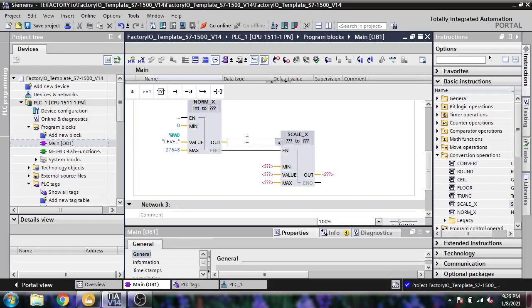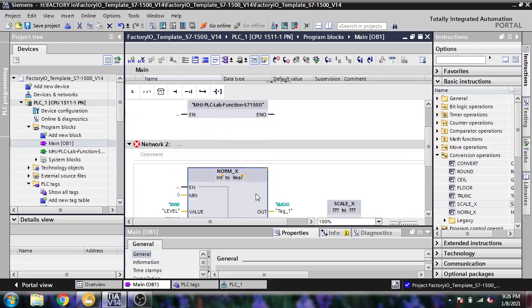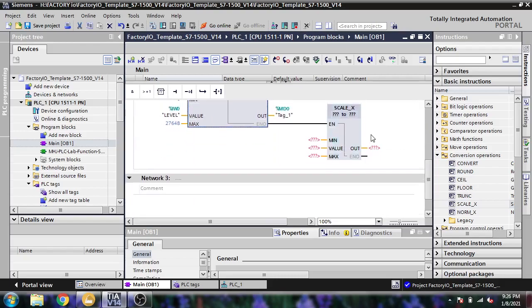Now I am going to use MD0 as an output there. I am going to convert it into real. Now I need from 0.0 to 10.0, and I am going to use that as MD0.